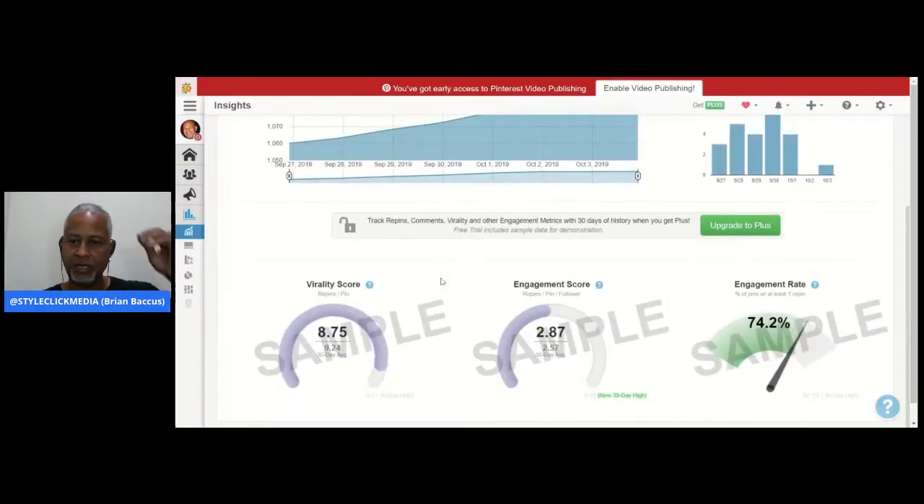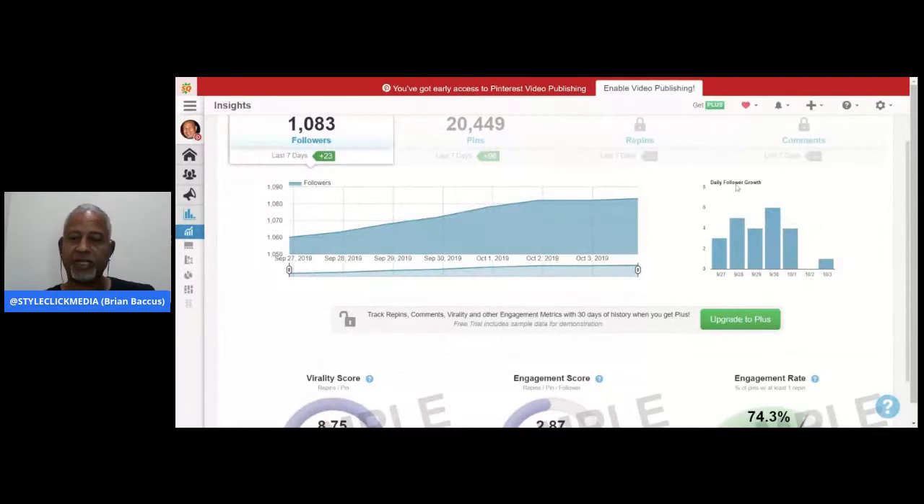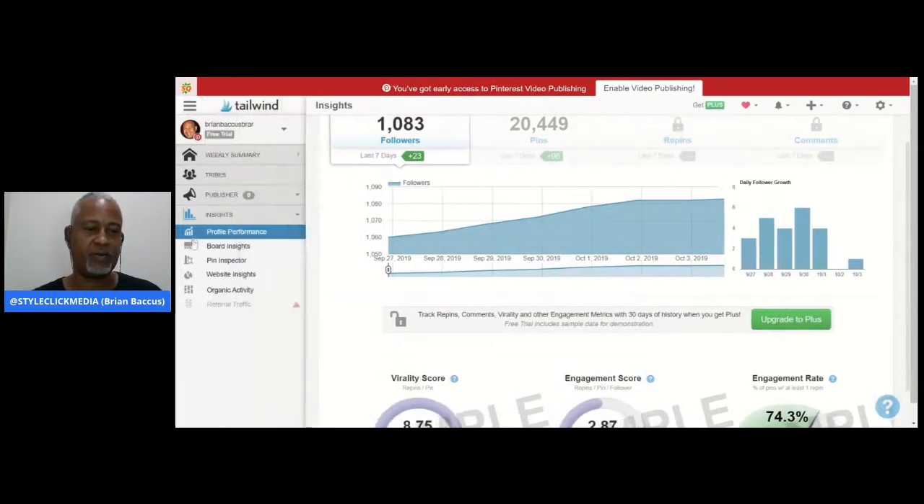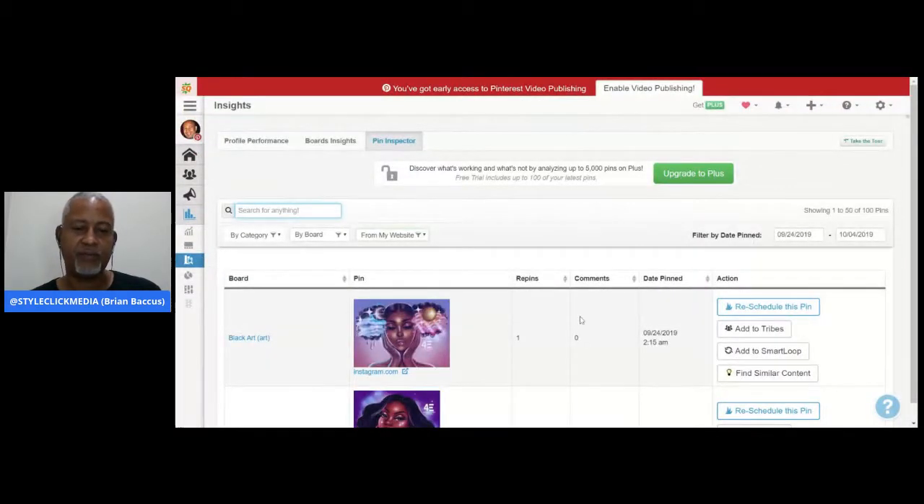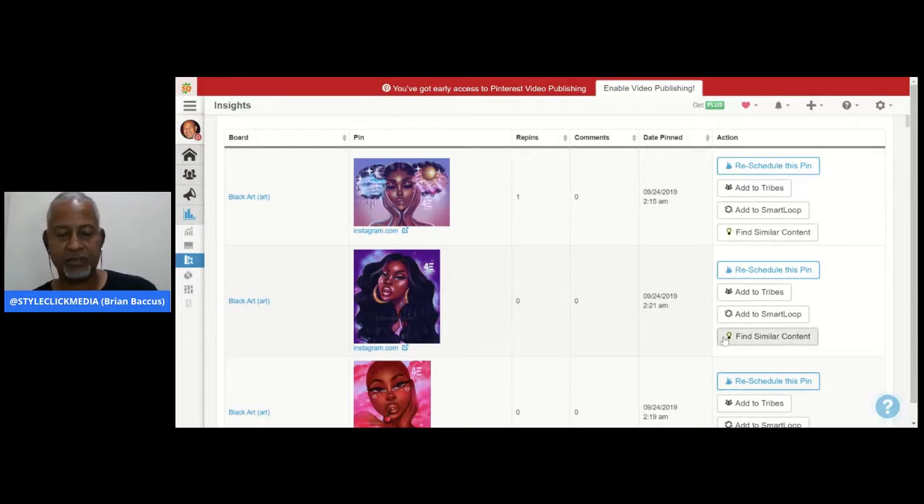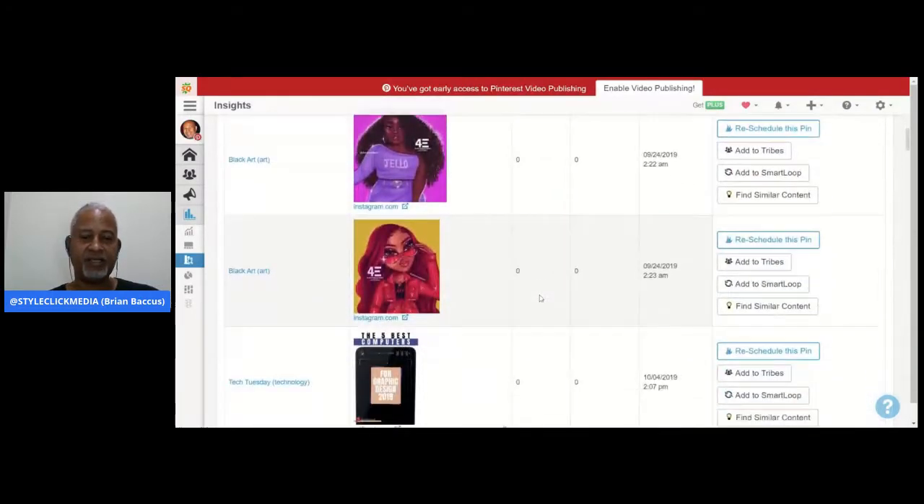profile performance. So here on the side, this shows my daily follower growth. So every day, trickle in followers. I haven't pushed anything, but just what we already push on a regular basis. Now, Pin Inspector, that allows you to go in and look and see what pins are doing what. Do you need to reschedule them? How are they doing? If you look at these numbers, I don't have a lot of repins on these particular